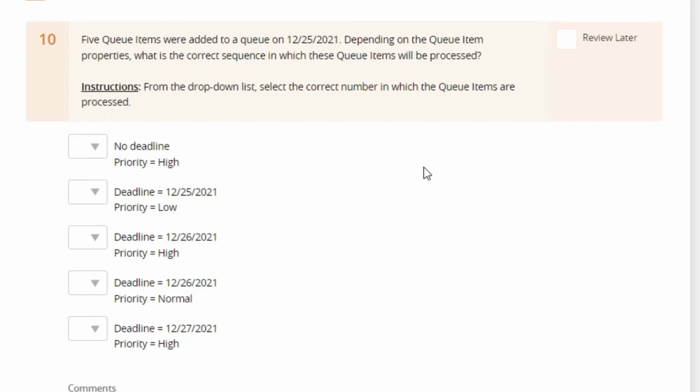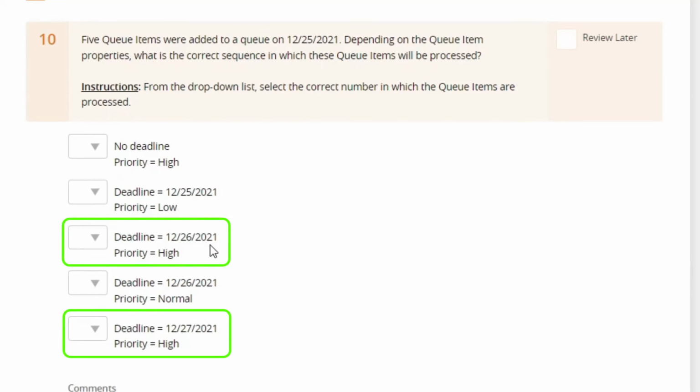So the first thing we need to look at here is the priority and the deadline, or the items with both the priority and deadline information. So we'll start with the priority. Here we can see that there are two items with high, where actually there are three items with high priority, but the first one doesn't have a deadline. So we will be looking at these two items, and since both are high, the next step is to check the deadline, which one is the earliest. Since this one is December 26th, this one should come first, and this one will come next. So this will be our second.